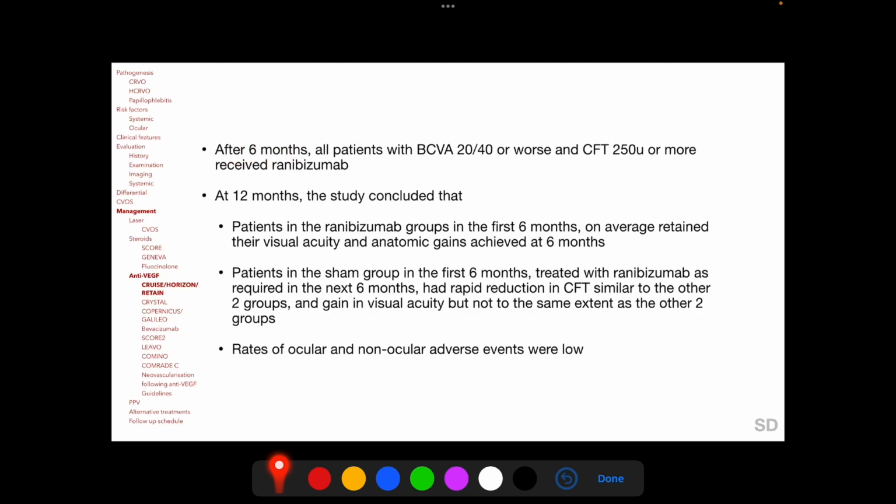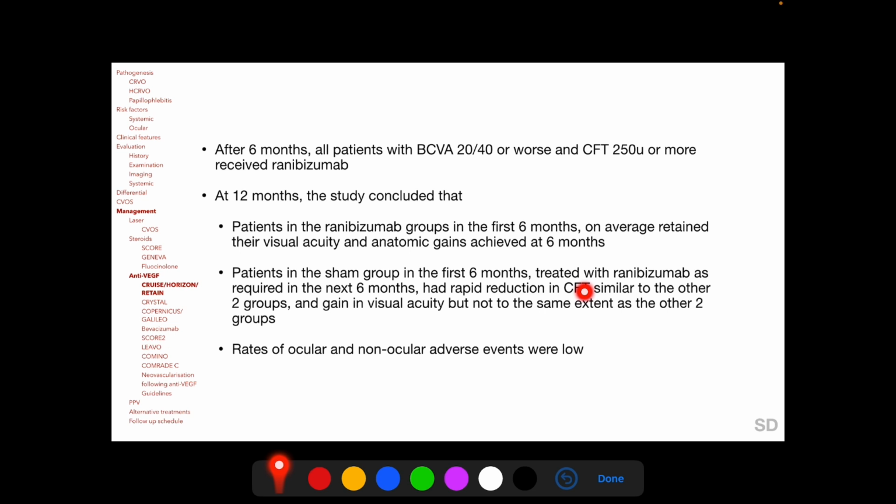After 6 months, all patients with BCVA 20/40 or worse and central foveal thickness 250 micron or more received ranibizumab, and at 12 months, the study concluded that patients in the original ranibizumab groups in the first 6 months on average retained their visual acuity and anatomic gains which were achieved at 6 months from baseline, whereas patients in the original sham group in the first 6 months treated with ranibizumab as required in the next 6 months had rapid